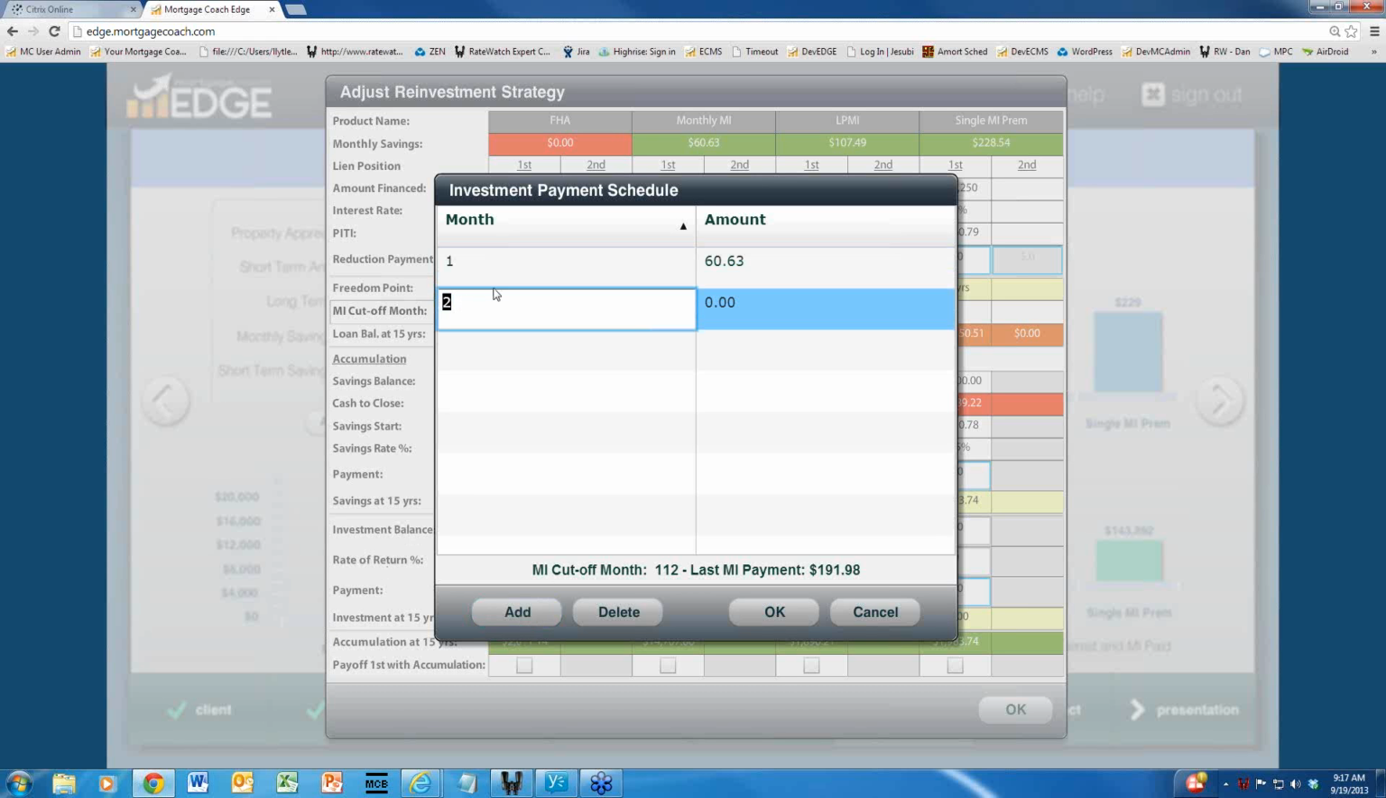and then I'm going to say at month 113, I'm going to add, sorry guys, I can't add in my head, I have to add this separately, $252.61 in here. What that amount is equal to is the savings of the $60 plus the $191.98. So again, we're keeping that payment consistent to that FHA loan